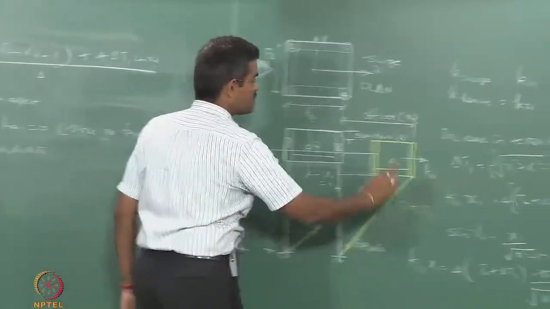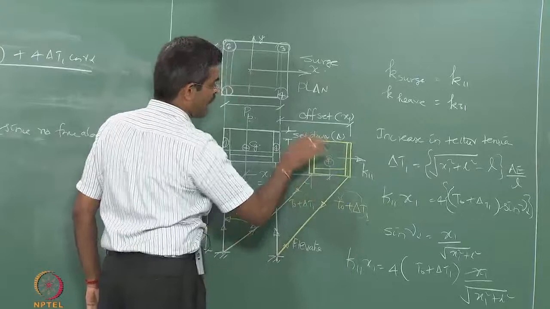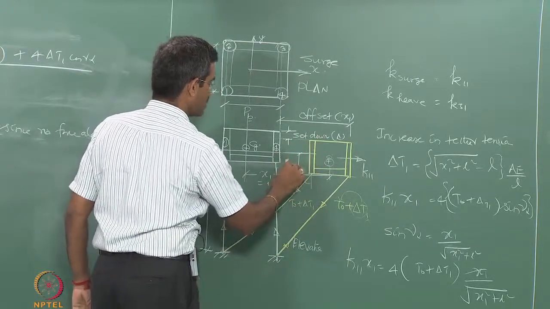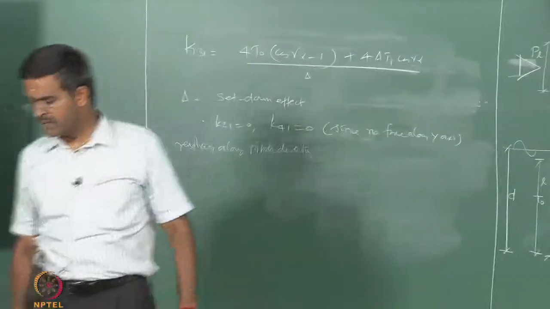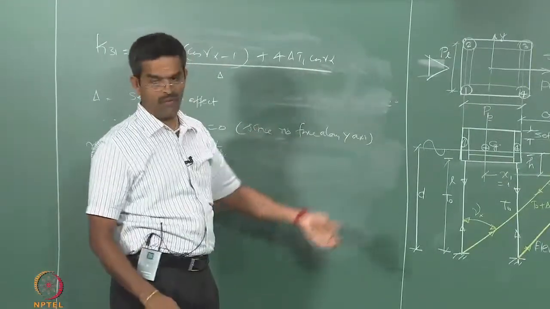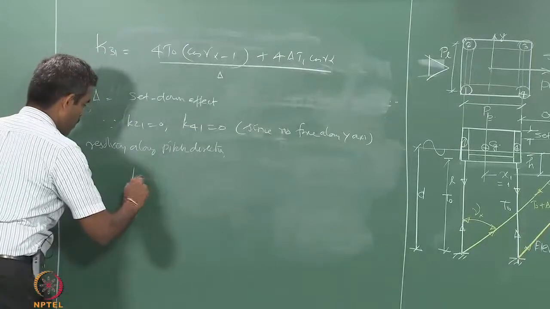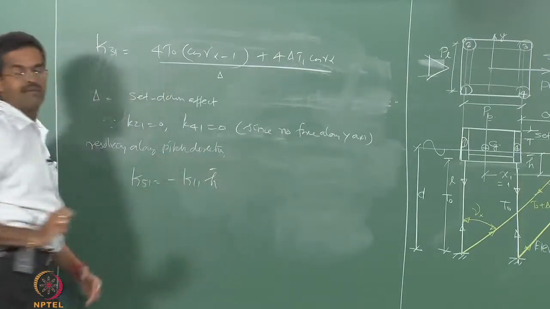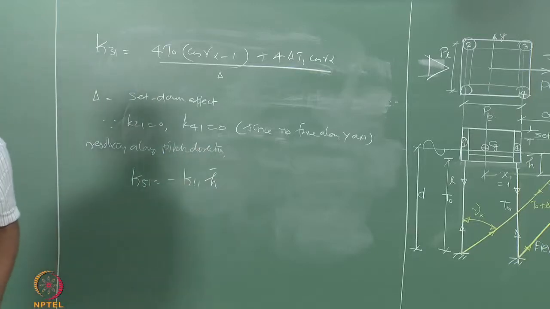If I call the distance of K11 action, which is going to happen at CG with respect to the keel in the new position, as h bar, which is also the same as earlier, and K51 is a restoring component. You can look at the original degree of freedom, K5 is restoring, therefore K51 is now going to be minus K11 of h bar.